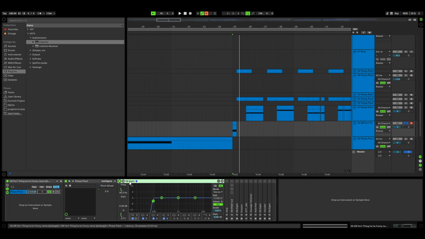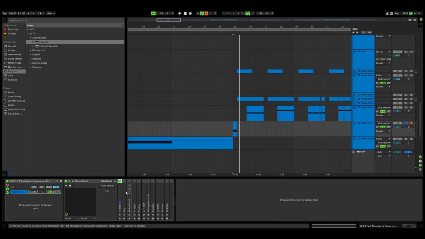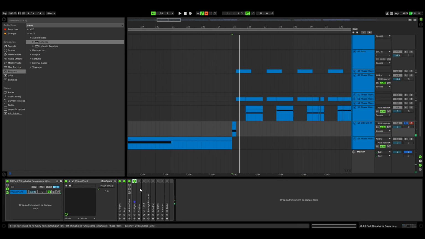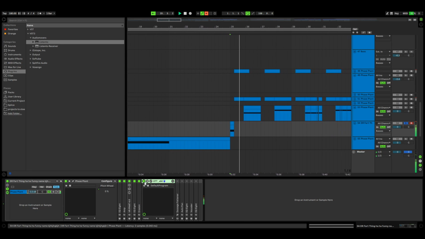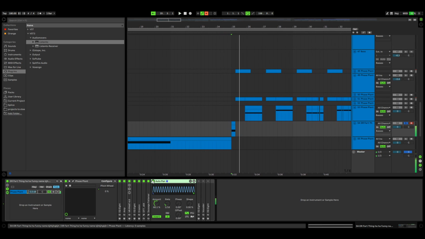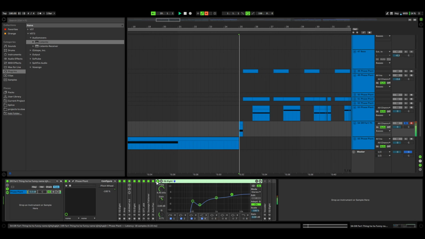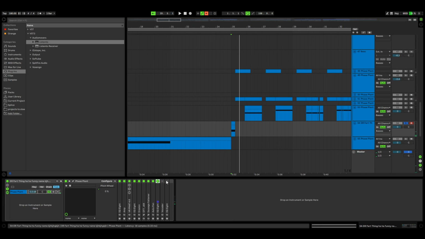So, of course, we start out with the normal cutting out the lows, a distortion with an amp, fat rack, another EQ, boosting the highs, cutting the mids a little bit, an erosion to add a little more high-end crunch, another OTT, or actually no, just an OTT, an OTT, sausage fattener, an auto pan, which doesn't look like it's used. Interesting. Another EQ. Get rid of some of that mud.